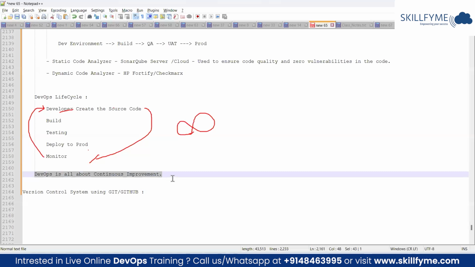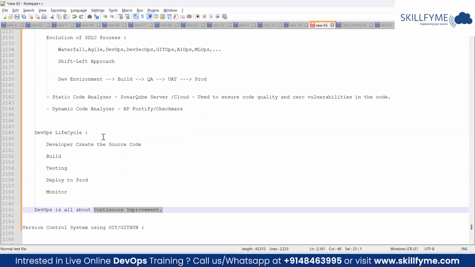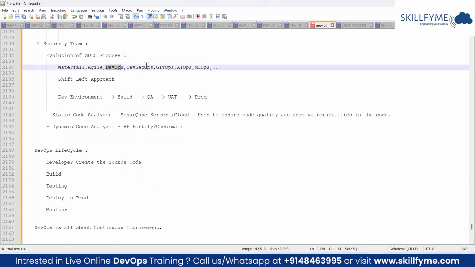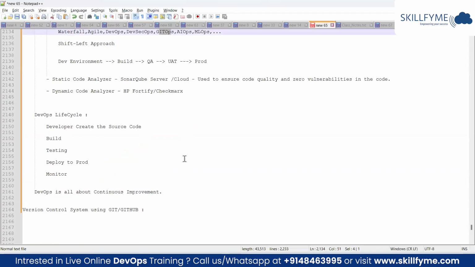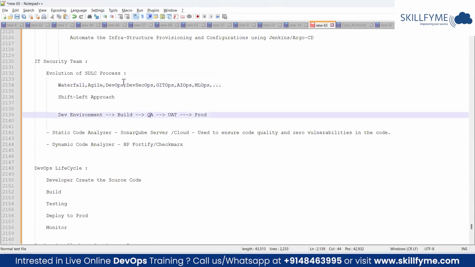Every day there should be some sort of process improvement we experience. We cannot achieve all these things on the same day. It is a continuous process. That's the reason we have various levels, starting from DevOps, DevSecOps, GitOps. We can implement them one by one. People who are working on DevOps have a very good market, and there is huge demand for DevOps resources. It means we have lots of opportunities to work in this area.